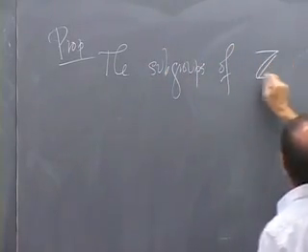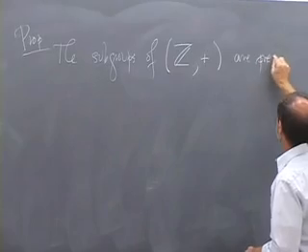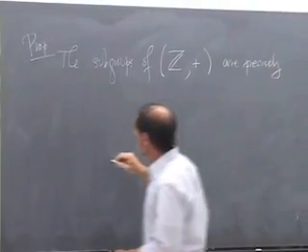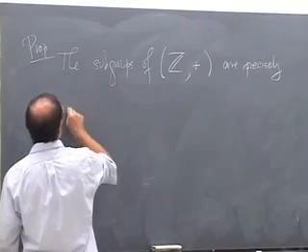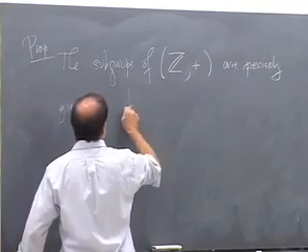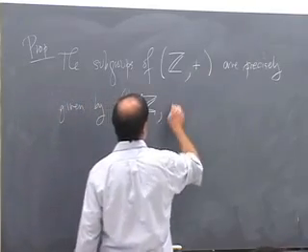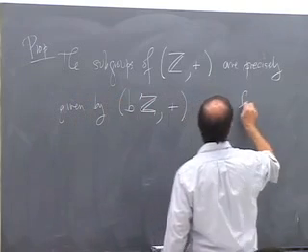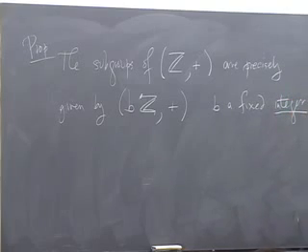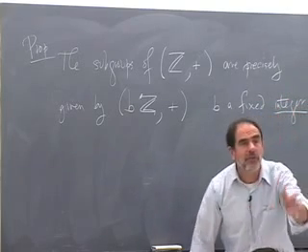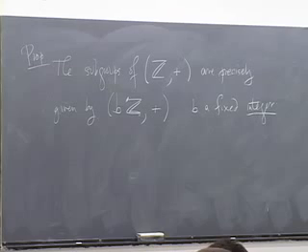of the integers under addition, that's an abelian group, are precisely given by bZ, all multiples of a fixed integer under addition. So all even integers, or all integers divisible by 3, or all integers divisible by 5. So we're going to check that that forms a subgroup, and then we're going to prove that every subgroup has